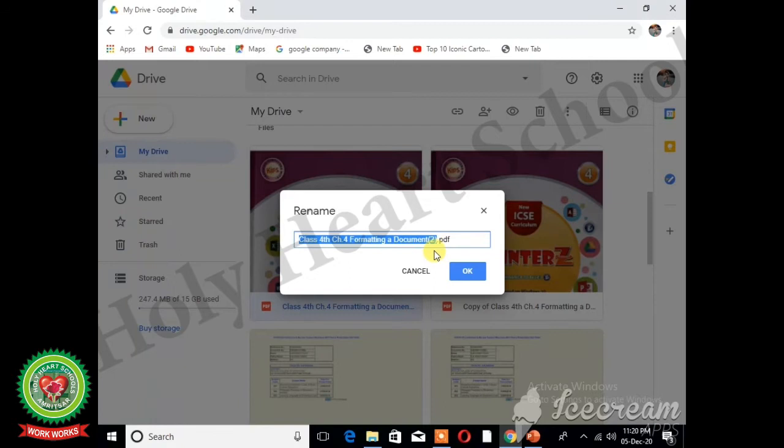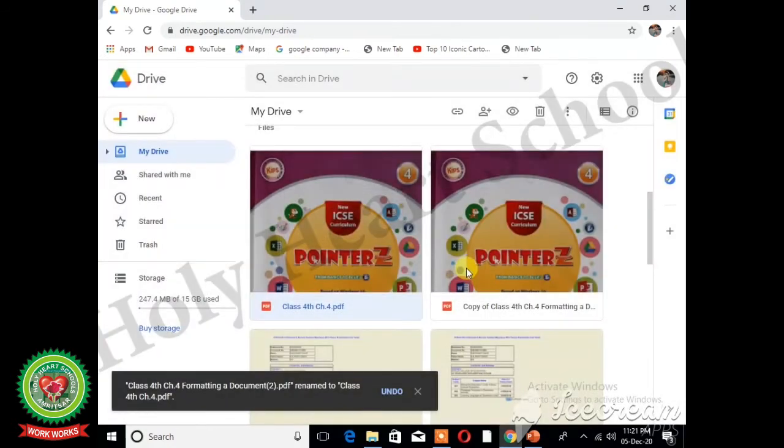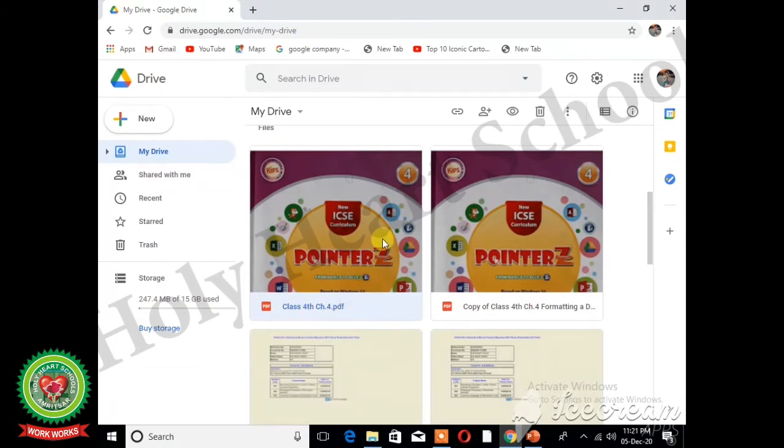Now third is type the new name. For example, I want to type here class 4th chapter 4 only. And then click on OK button. After clicking on OK button, you will see that the name of the file has been changed.